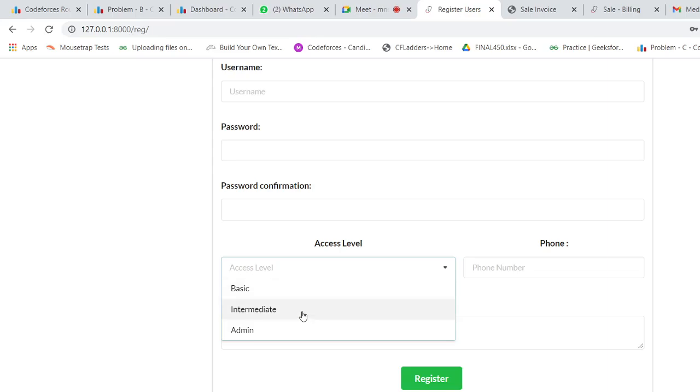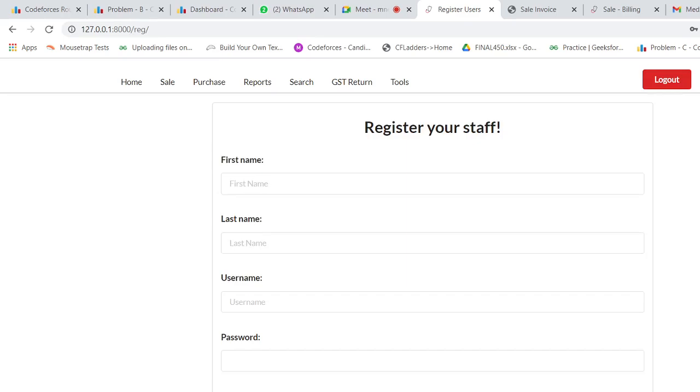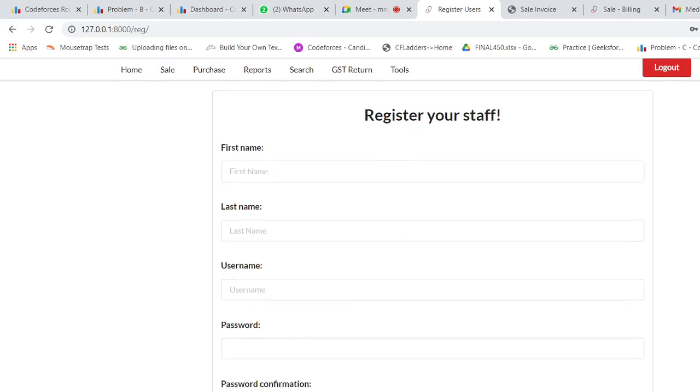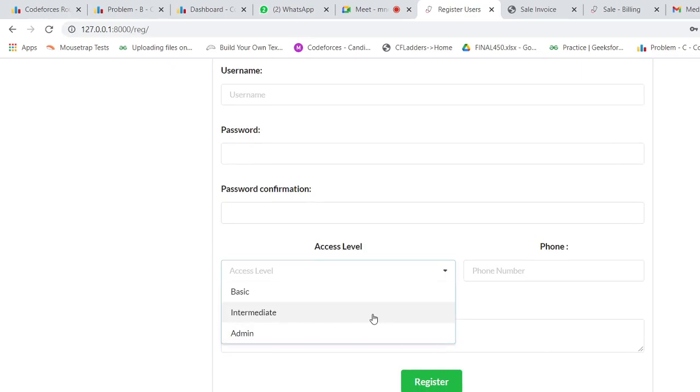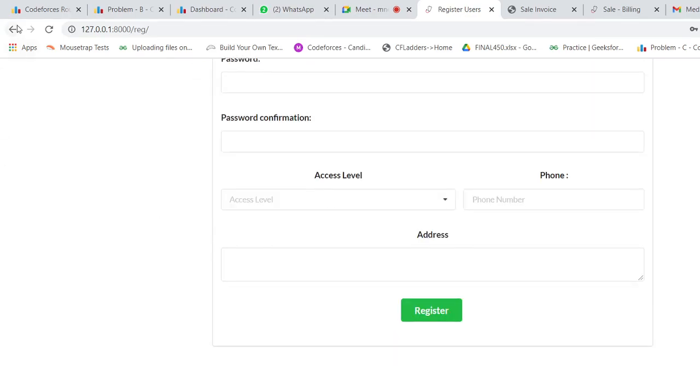With intermediate, you can bill. Also, you can add data to different modules. Also, you can delete data, but you cannot access staff. With admin, you can have all of the rights. You can have infinite rights. You can do anything. Okay, so this is add staff.